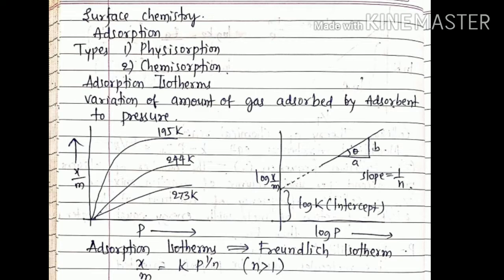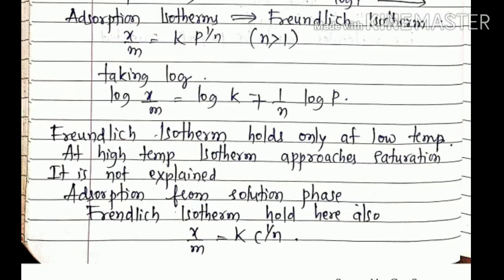So log x/m versus log P. In this case we're going to get a straight line with some intercept. So this intercept is log K, and here we're going to get some slope. So this slope value is 1/n. So the first adsorption isotherm is Freundlich's adsorption isotherm: x/m is equal to K P raised to 1/n, where n is greater than 1. So let us take log x/m is equal to log K plus 1/n log